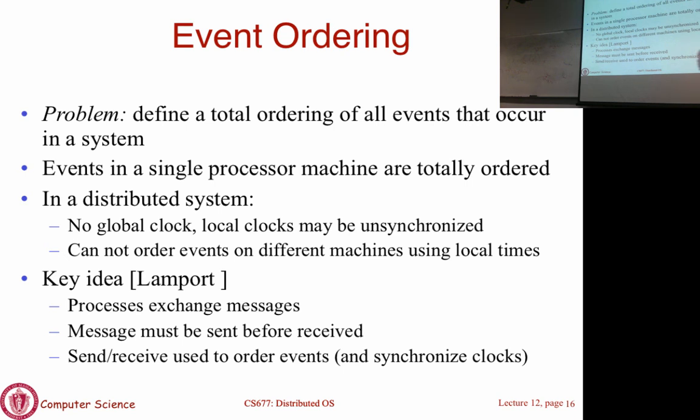Okay. So if you had only one machine, event ordering is not a problem. Even if that clock is out of sync, by simply using the local timestamp, you can tell. It doesn't matter whether the clock is actually synchronized, the clock is ticking forward. That's all you need to know. So if it assigns a timestamp that's greater than the previous timestamp, the clock has ticked forward, so you can find